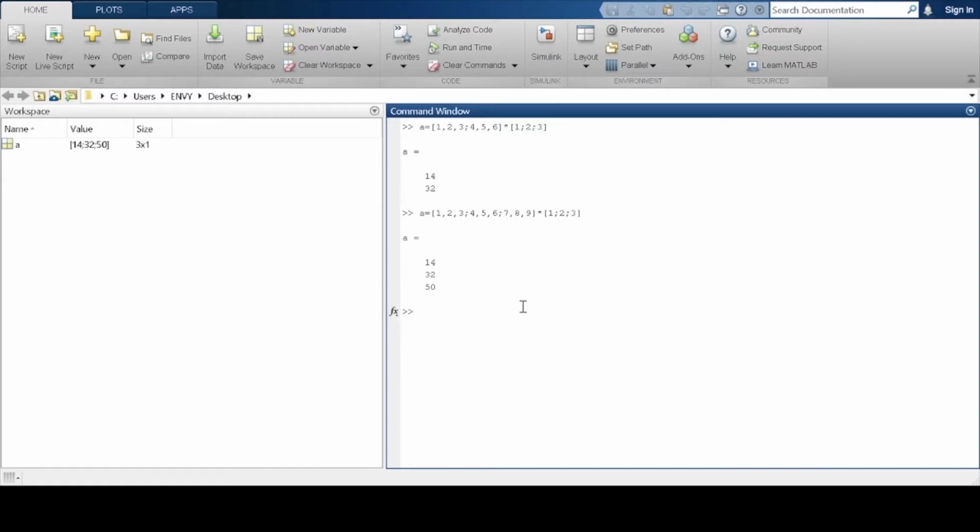So we see that unlike the previous case where we got an error, we got a new column vector having dimensions 3 cross 1, which is three rows and one column. Does that mean the condition need not be satisfied? No. Think again. To make it simpler to understand,